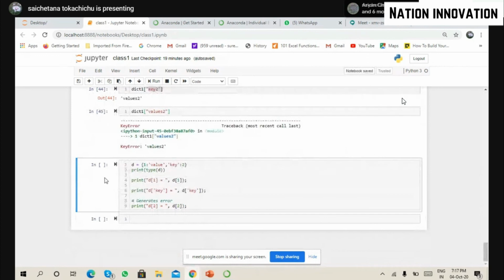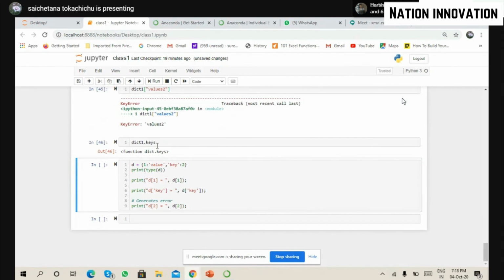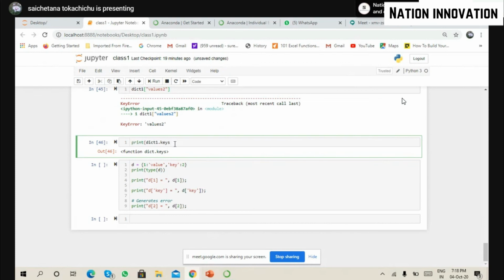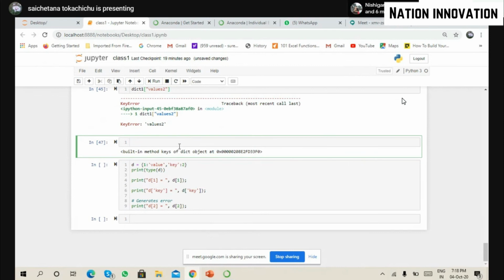So if I have, let's say, 100 keys and I don't know what they are, what I do is dict1.keys, which will store all the keys, and then dict1.values will store all the values in it.